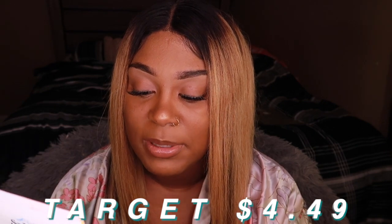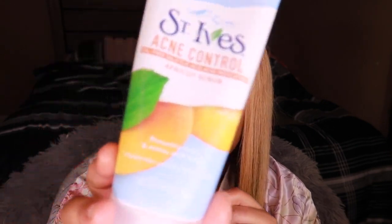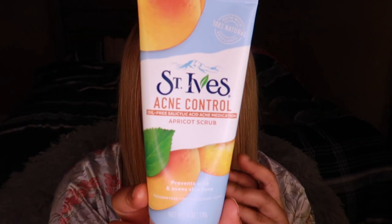It's paraben free and dermatologist tested. I love getting things that say dermatologist tested, because I feel like the dermatologist was like, okay, this is a go. And I feel like this really gets into my pores and really gets out all the dirt. The reason I got acne control was because my face has been breaking out a lot lately,